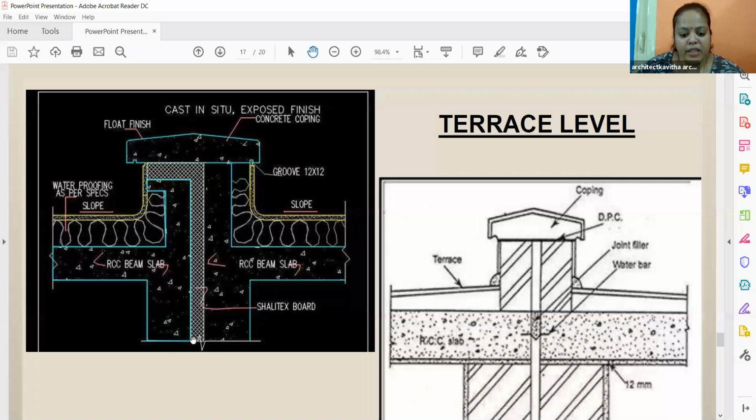And then this is a Shalitex board that you are filling here. And here you're putting the slab. Now, why is this side not straight, and why only on one side? This can be a mirror image also. This can be straight and this side can be like an F shape. This board will allow the movement of this slab also. If it is straight, it will be cast into this and joined to this RCC.